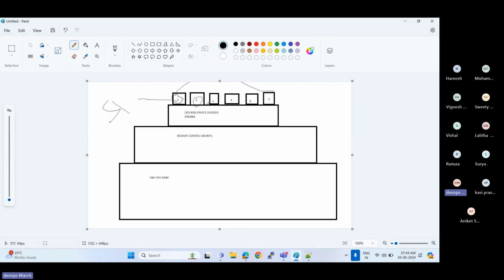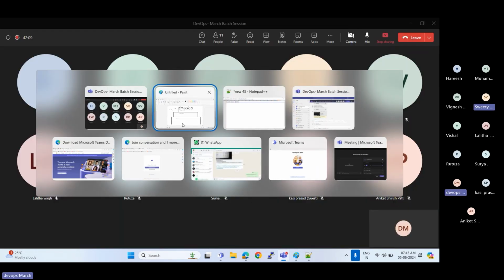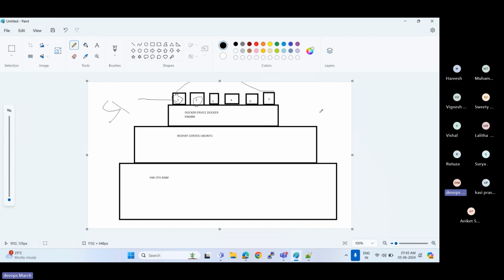The main advantage of containerization is that it is portable, meaning we build the image and use it anywhere, anytime, for any application. Simply we can say build and ship, and run the image.